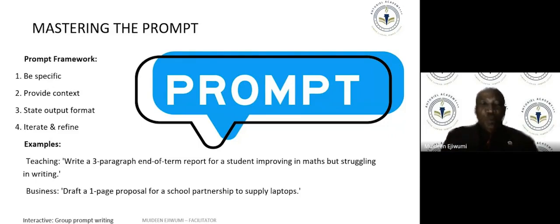The way I see this prompt might be different from the way other people see it. But the examples show that you have to be specific, provide your context and the format you want. The way your output comes out now determines how you are going to refine your prompts to get the desired results.